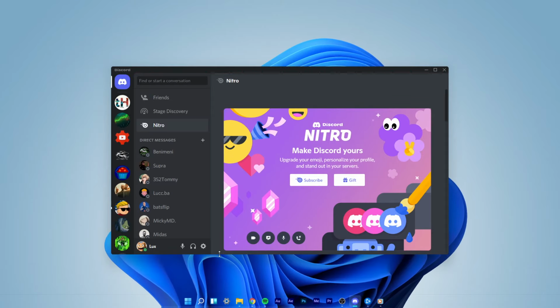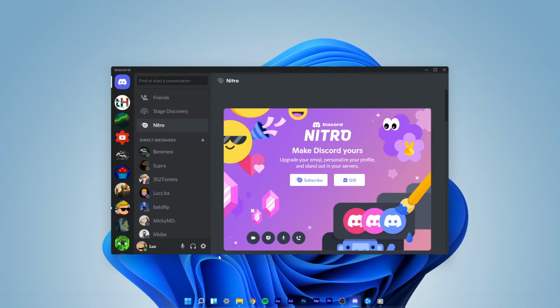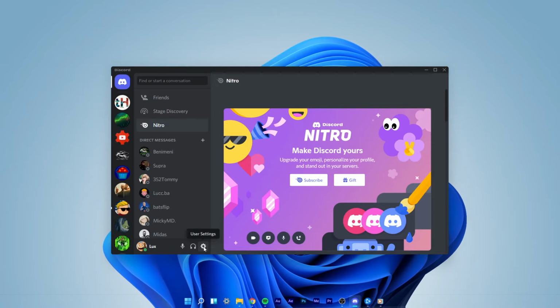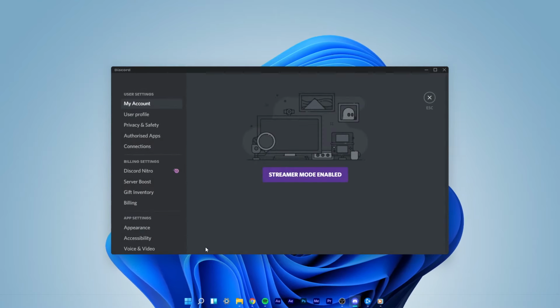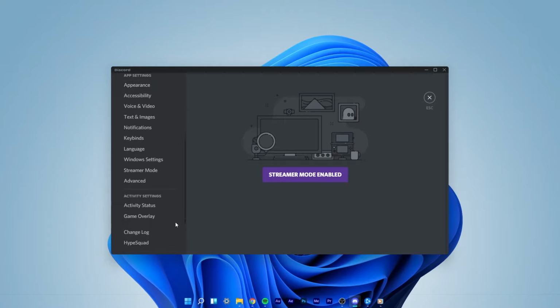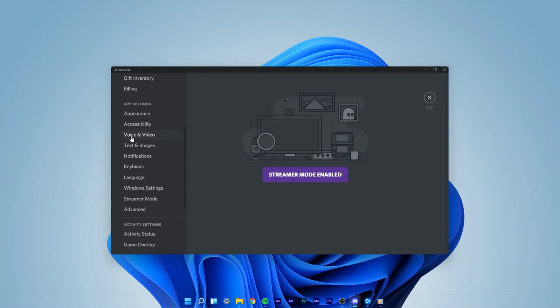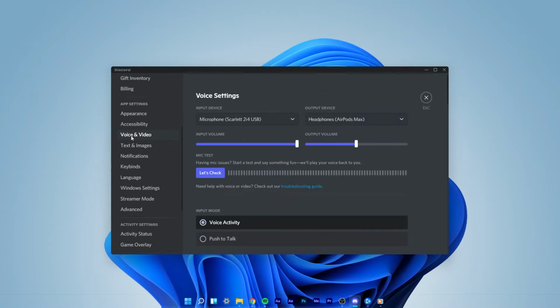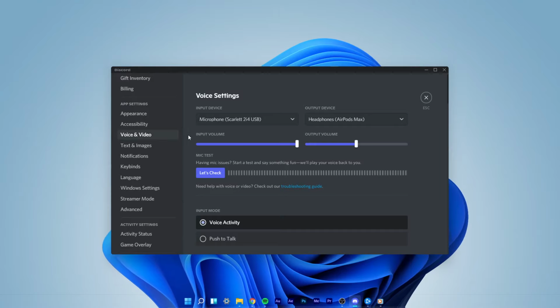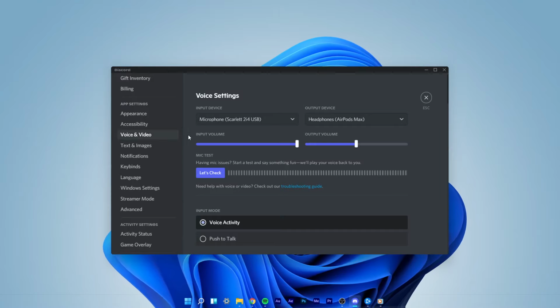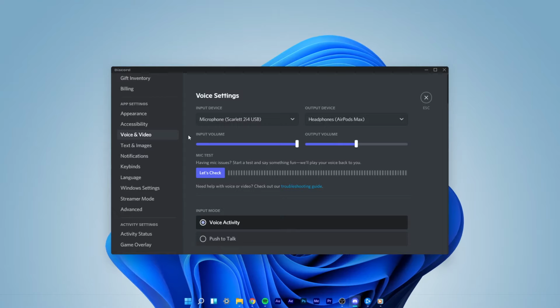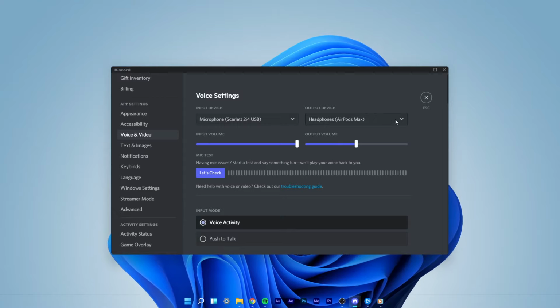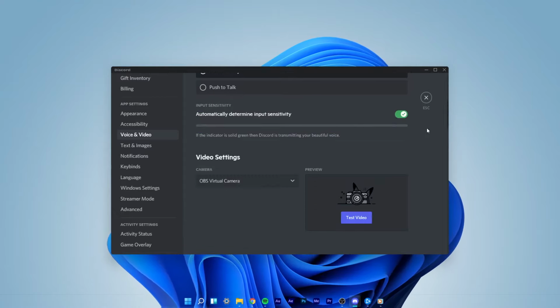For issues while using Discord, for example, open up the application and navigate to your user settings. Here, in your app settings, select Voice and Video. Discord will, like most applications, allow you to change your input and output device. In case nothing helps you out, then make sure that your operating system is up to date.